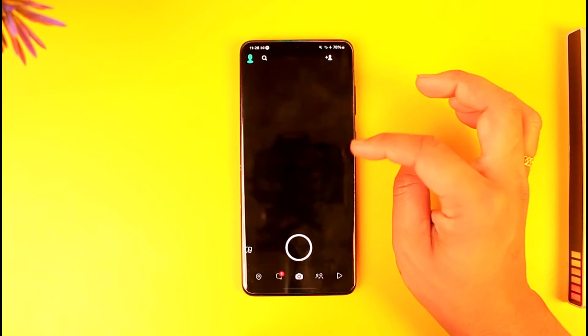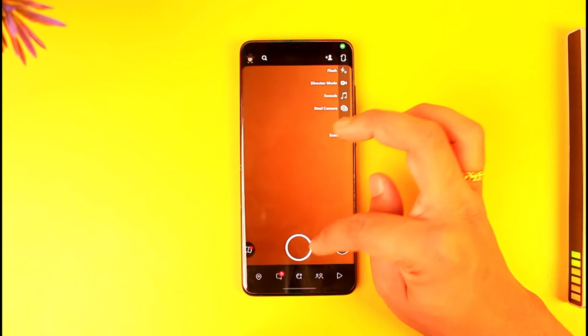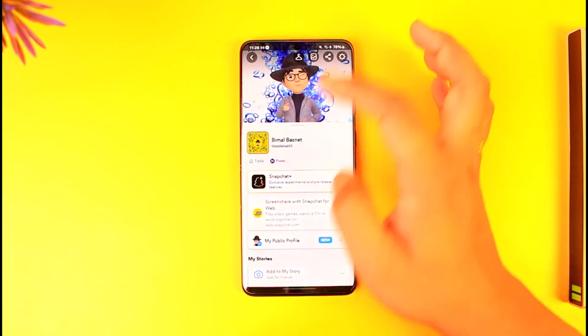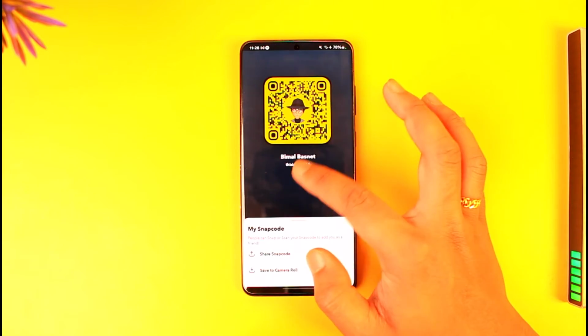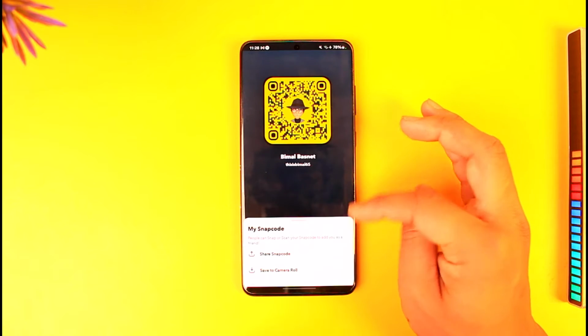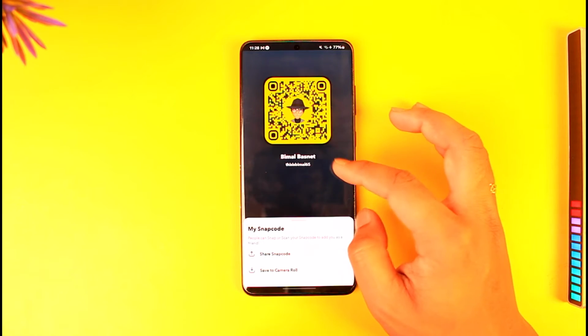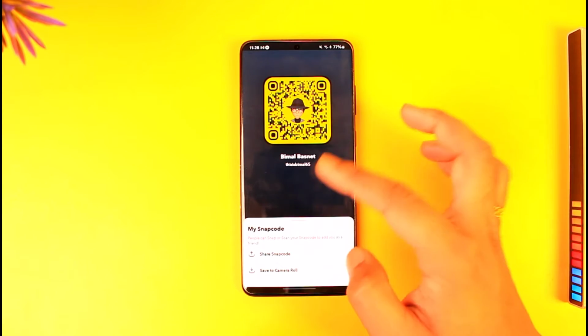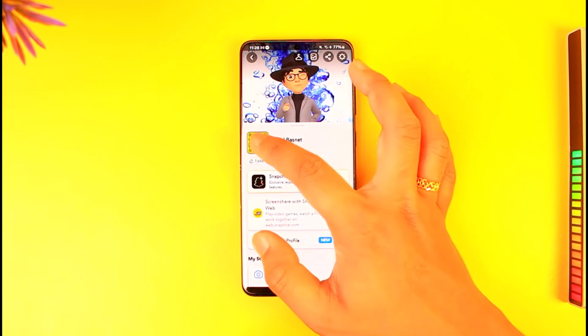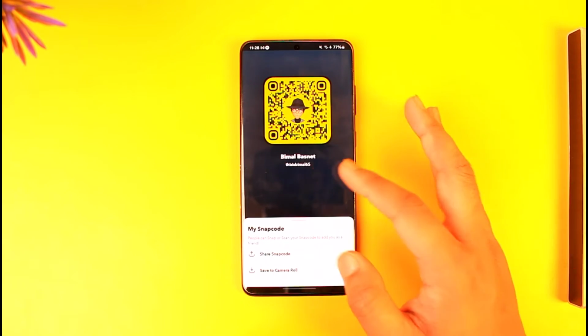So each person has a unique QR code, and to find your own QR code, you have to open Snapchat and tap your Bitmoji avatar. And when you tap on your profile icon, this is our snap code. Right now you will only be able to see your own snap code, and if someone has sent you their snap code and not their username, right, usually the username will also be written there, but if someone sent you